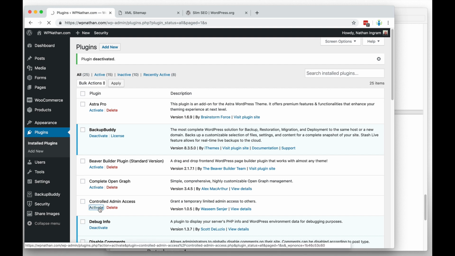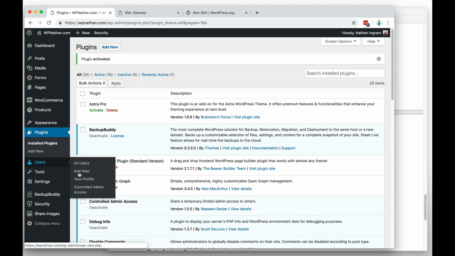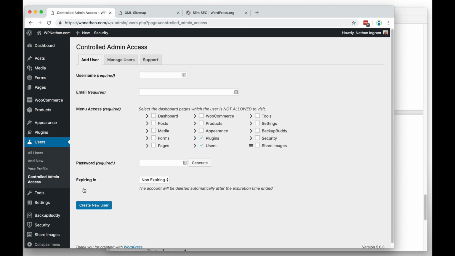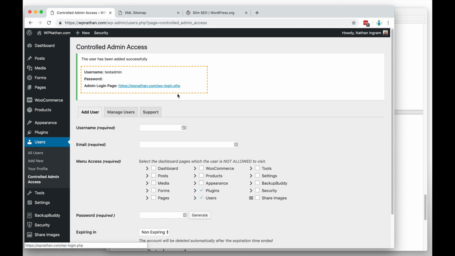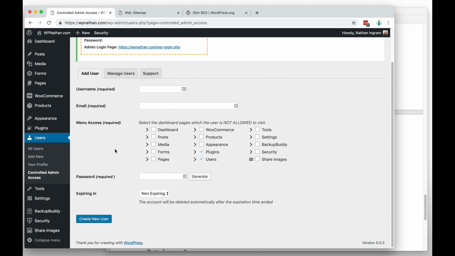And under, I believe it is, the users menu, we now have a new link. Look at that. Okay, so we're going to create a new user. We're going to call this test user, test admin, whatever. And an email address here. That actually doesn't exist, but there you go. So, whoops. Well, didn't mean to do that. But what we can do here is you create a user, you give it an email address, and right here, look,